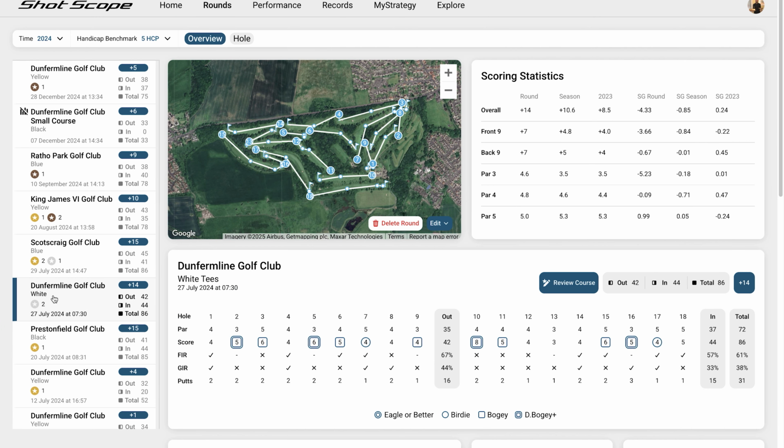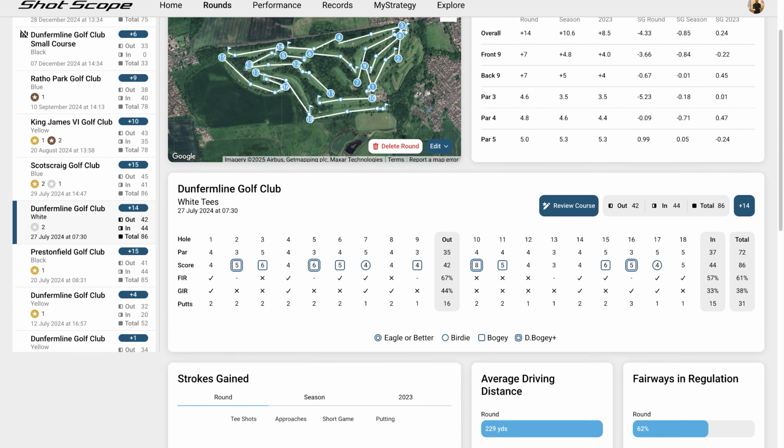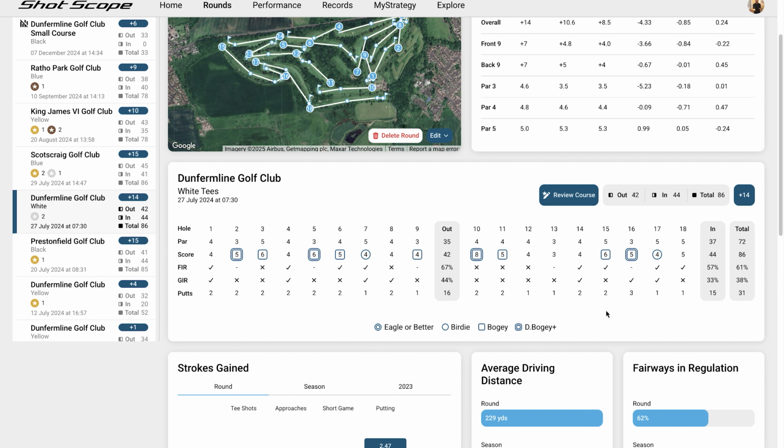So once we have edited our round and signed it off, we can see my overall, my front 9, back 9 in terms of score to par. We can see my performance on the par 3s, 4s and 5s. We can compare it with the season, so this is 2024. We can compare it with the previous season. And then we can see things like strokes gained for that particular round in different segments of the round. Below that, if we scroll down, we can see the kind of full scorecard view